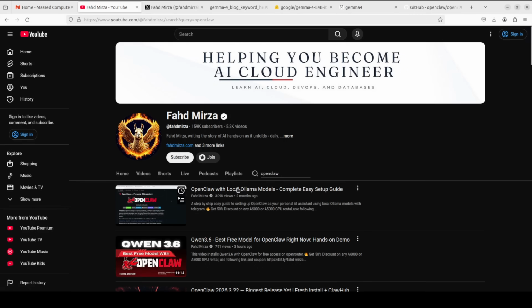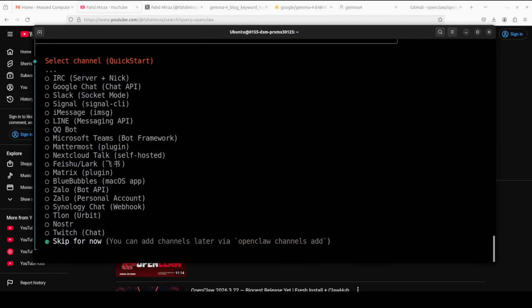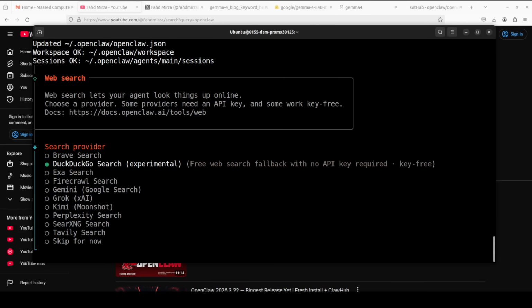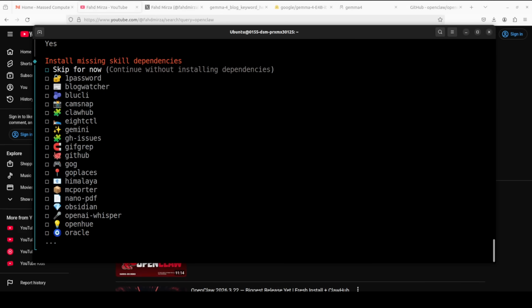Watch this first video, go to its first pinned comment, get the config file and replace the model name. That's it, and restart the gateway. So sometimes, still it's an issue with some of the stuff. So don't worry, just get that config file. The link is there. I'm just going to skip all the rest of the stuff here and just go